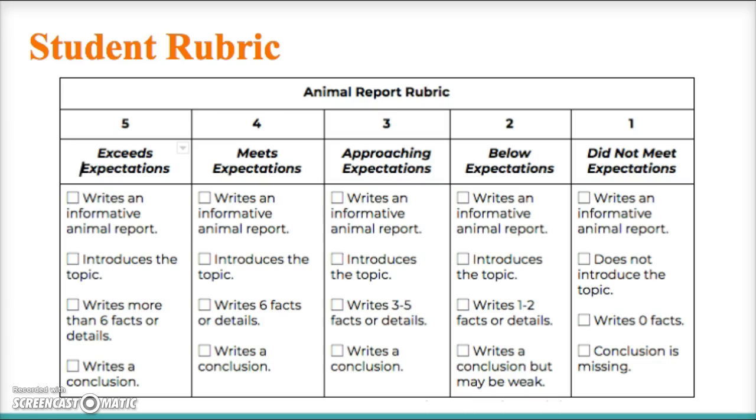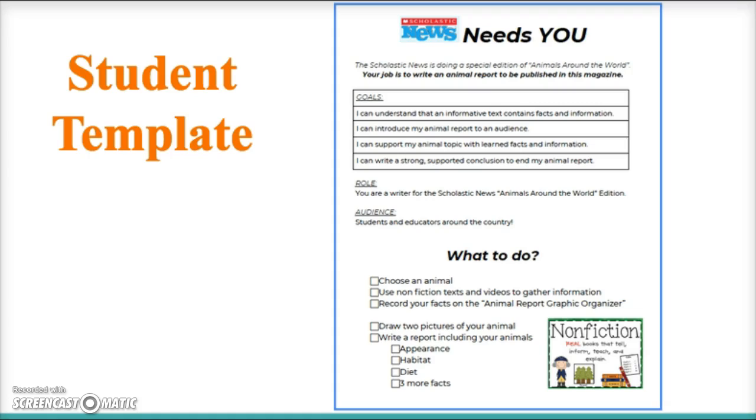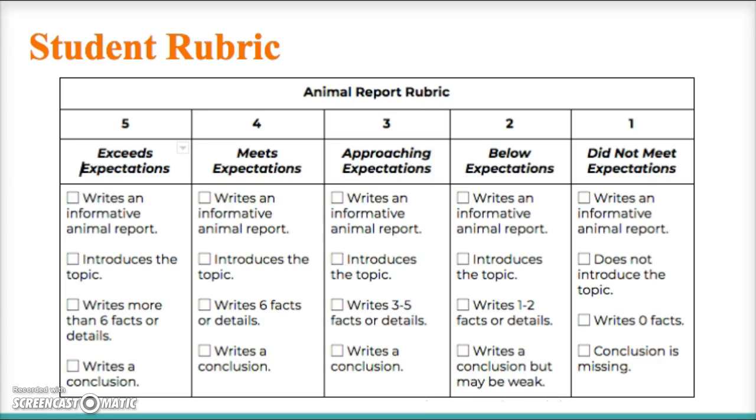This is the student's rubric. It looks very similar to the performance task at the bottom. It has those check boxes. The student's goal is to either exceed expectations or meet expectations, and you can see how they can get those